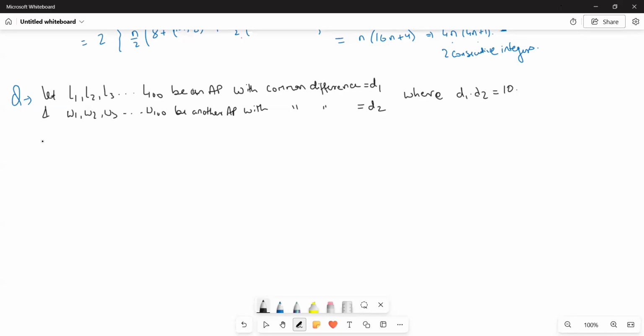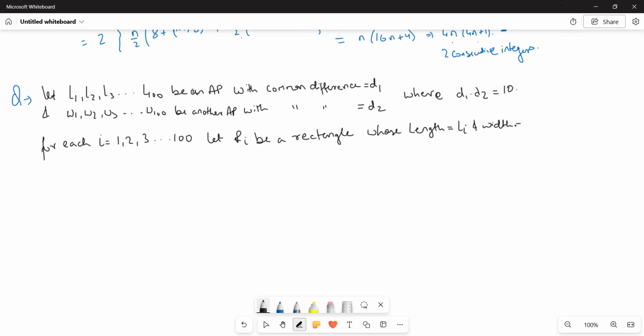Now, for each i equal to 1, 2, 3, going up till 100, let Ri be a rectangle whose length is Li and the width is Wi. Length is Li, width is Wi,